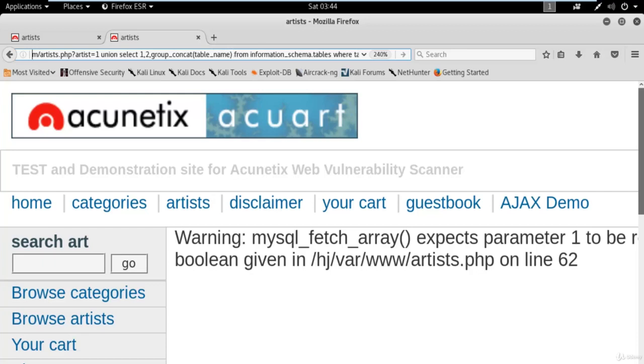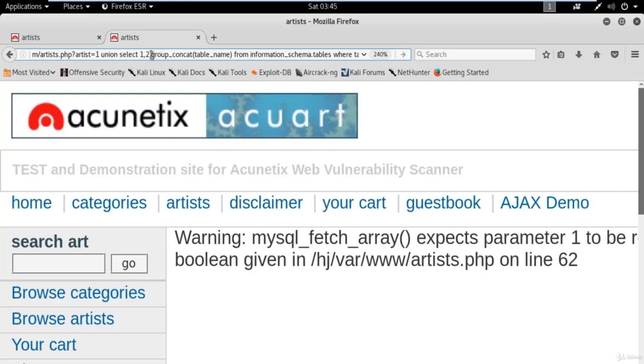So we were here at artist equal to 1. Now I have typed union space select space 1, 2, and the command. There are 3 columns available here, so I'm typing 1, 2, 3, but the third one has been replaced by the command, because we need to use a single column to get output on the website.